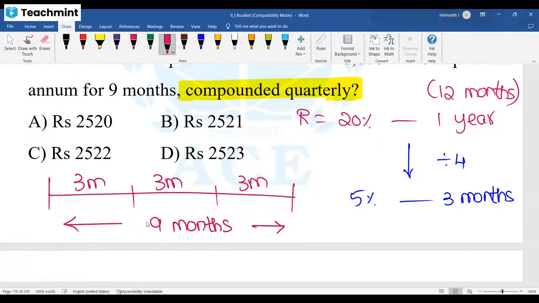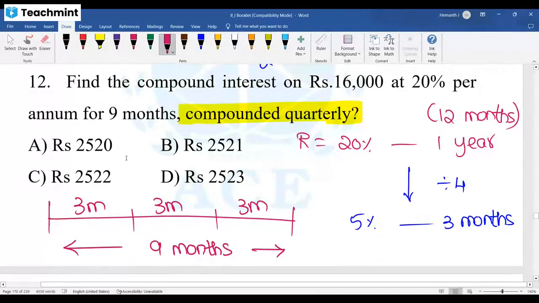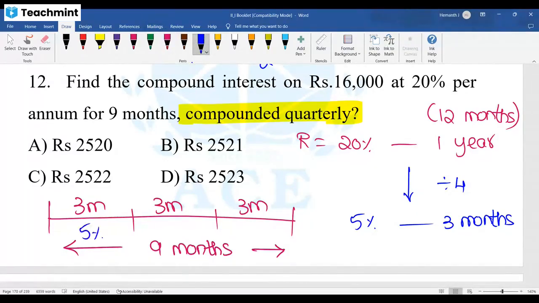Okay, now we'll see 2 approaches, preferably like the previous method we discussed for half yearly. You can approach this quarterly concept also. Or else you can go with the equation method as well. So you need to apply 5% here. Again 5% you need to apply here. Again 5% you need to apply. How many times should that 5% be applied? 3 times, as it is 9 months. If it is 1 year, 4 times. 2 years means 8 times we need to apply. That's the only change, right?